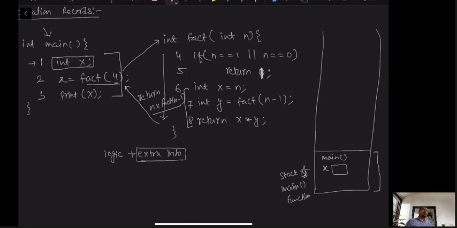If you don't know, the local variables and function parameters are also declared inside the stack, whereas global variables are not declared inside the stack. They are declared in what is called read-write memory. We also have something called dynamic memory, and we declare dynamic memory in the heap. So this is how the memories are declared, and since it is declared inside the stack of main, it is accessible only inside the main.